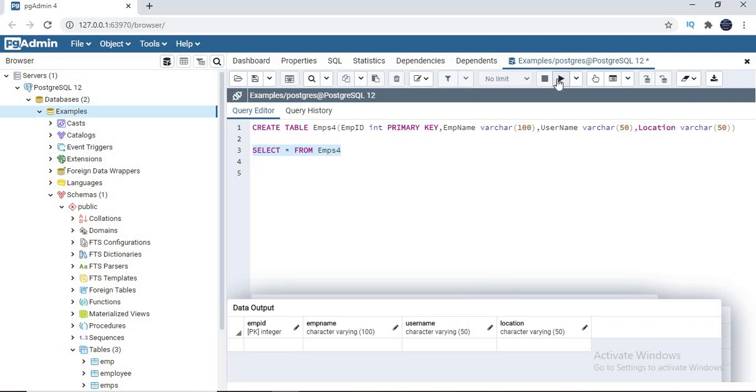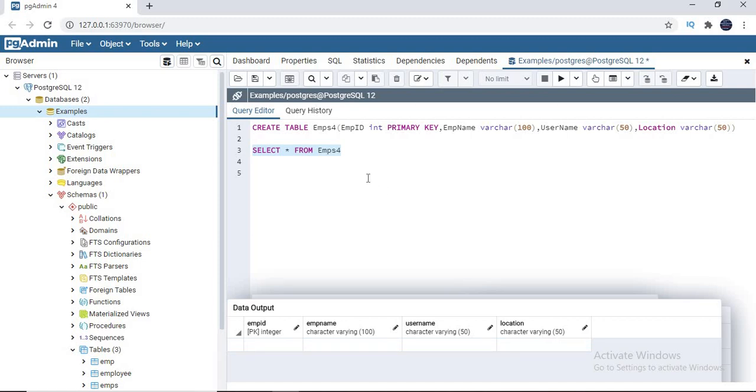And also, can I add a primary key to an existing table? There is a possibility, but it depends on how easy it is. It depends on the size of the table. Now let us see. It's a very empty, basic table. So you can see the structure itself. You can see it is PK, primary key, integer. Below the column name, you can see it's a primary key. PK is nothing but primary key.